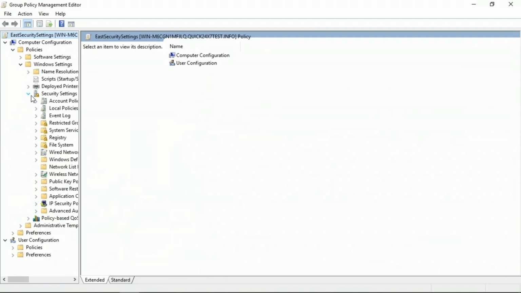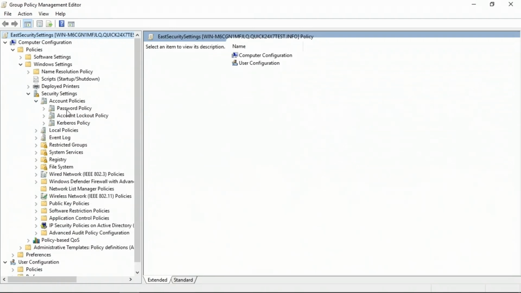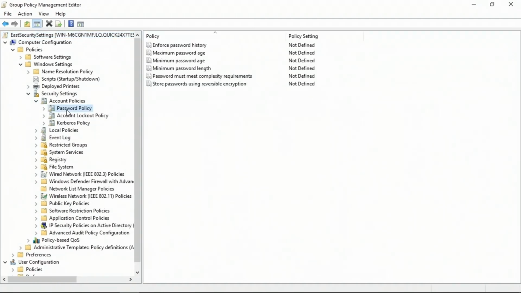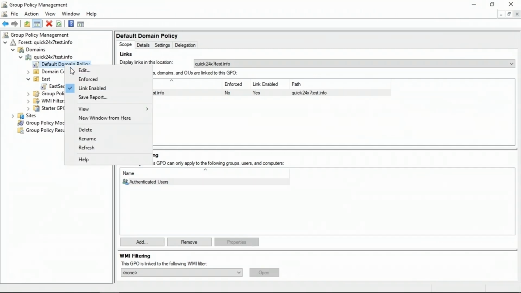If I drill down under Policies, under Windows Settings and then Security Settings, one of the things I can do is drill down to Account Policies and ultimately to the Password Policy. Here's the thing: even though you can go and configure this here, it will never be put into effect. The reason is that it is a GPO that is linked to the OU. So if you want to set a central group policy password setting, you need to do it in a domain-level GPO